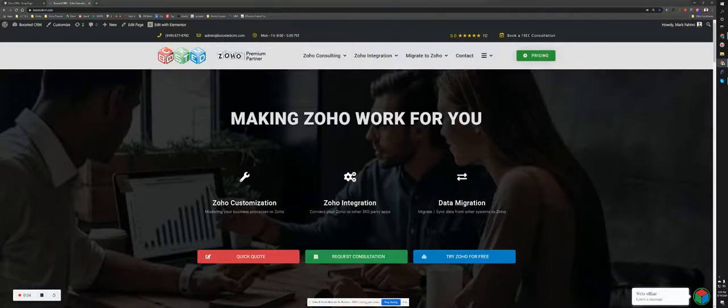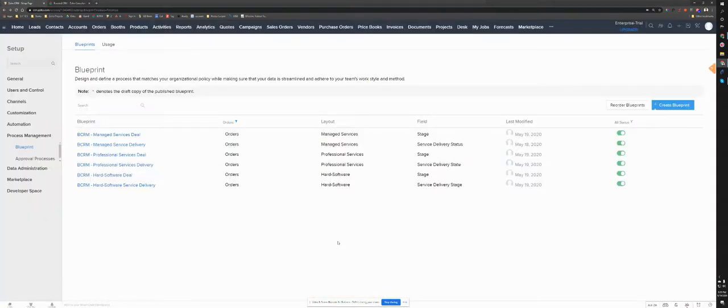Just wanted to walk you through the processes for all these blueprints. These blueprints are very organized and they are named as per each service that you provide. So we have managed services, deal and delivery, professional services, deal and delivery, and hardware, software, deal and delivery. I'm just going to walk you through the first two because they're both built on the same layout of